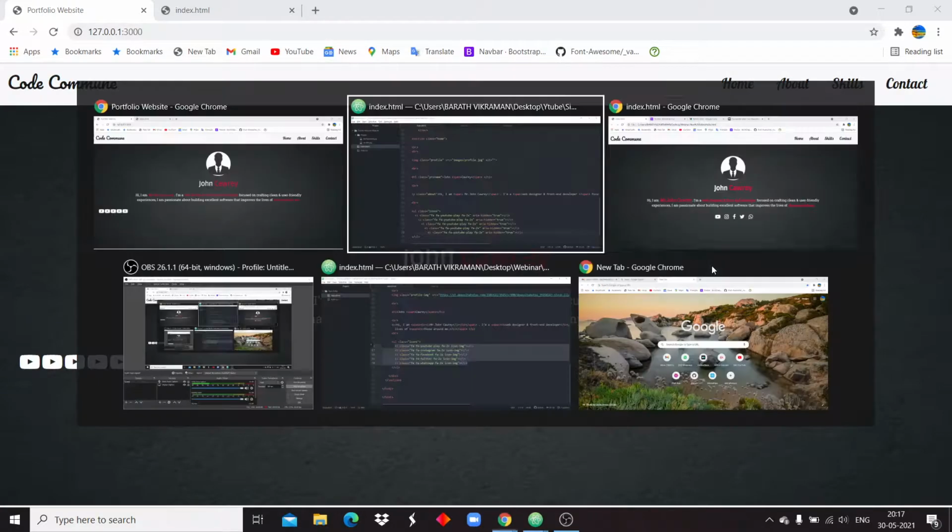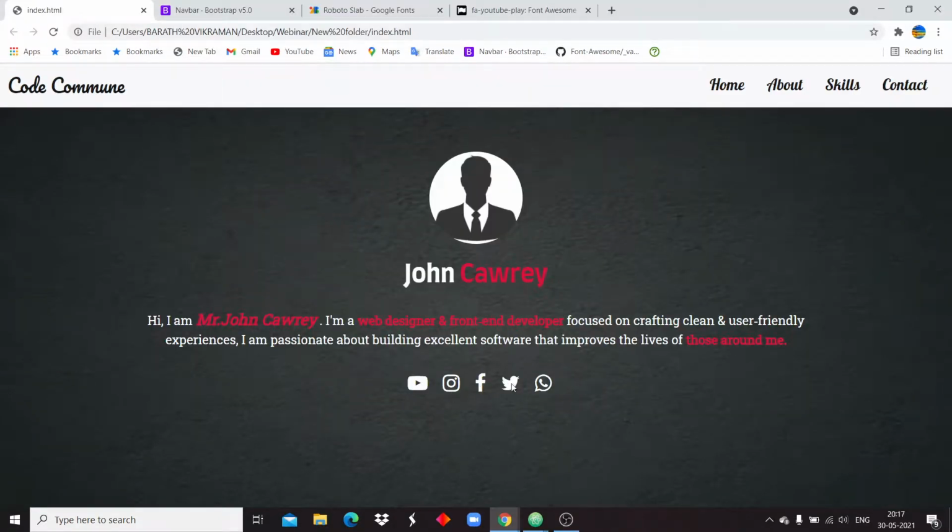Next we need icons such as Instagram, Facebook, Twitter, and WhatsApp.